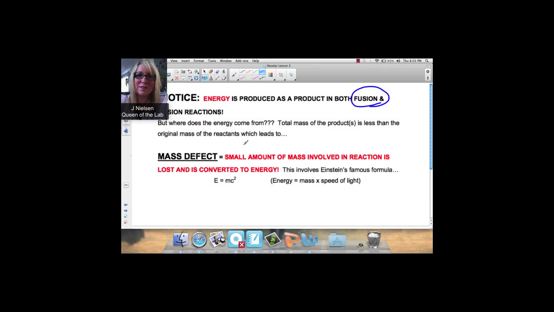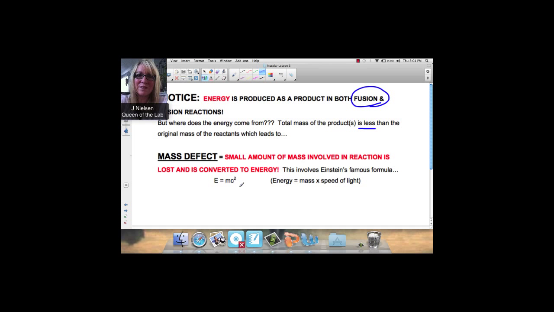However, the total mass of the product is slightly less than the mass of the reactants. And that's because a small amount of that mass is actually converted to energy. And this is called mass defect. And we're not going to go into this in this class. We talk about it more in the upper level class. You might talk about it in physics as well. But this involves Einstein's famous equation of E equals mc squared,